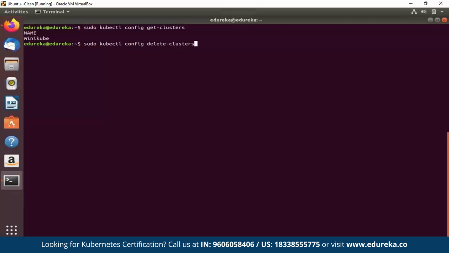Okay, it does not delete the actual Kubernetes cluster. So this is really important to know. Now moving on, you can also see a list of all the configured contexts. For that, you can just use the command config get contexts. What it does is it gives you the name of the cluster, the authentication information, and the namespace. It gives you a list of contexts that are available.